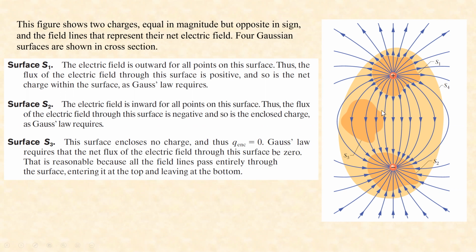So all these pieces at the top make a negative contribution to the flux. The other side creates a positive contribution. And because there's no charge inside, Gauss's law says that these two exactly balance each other. Of course,